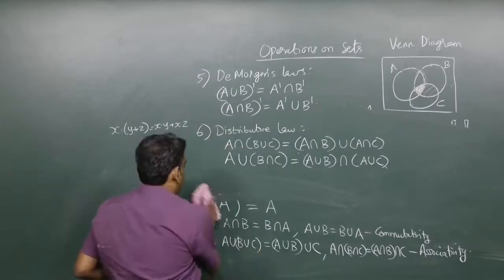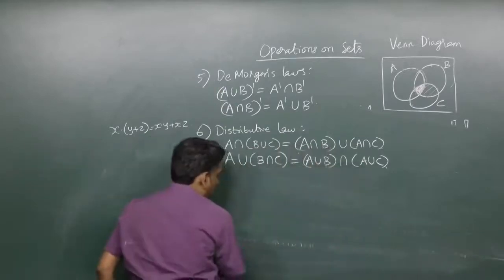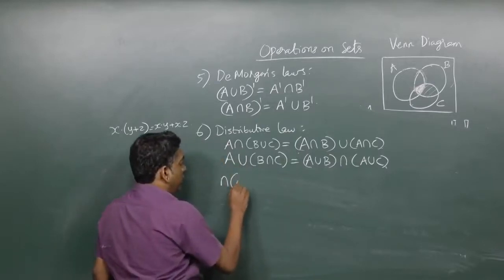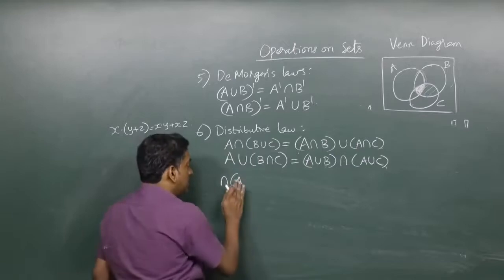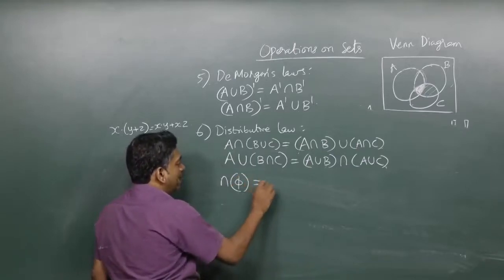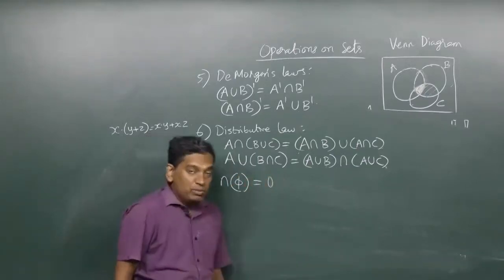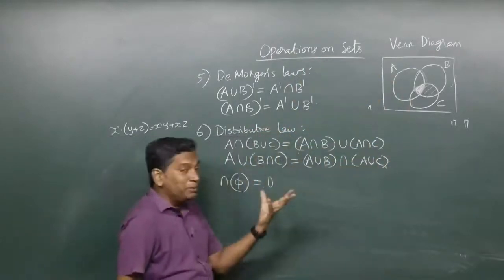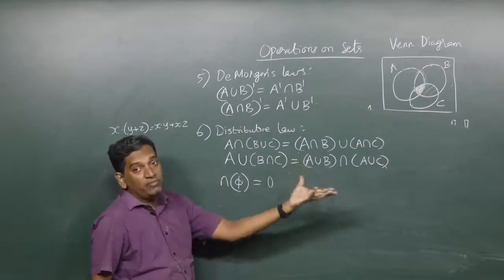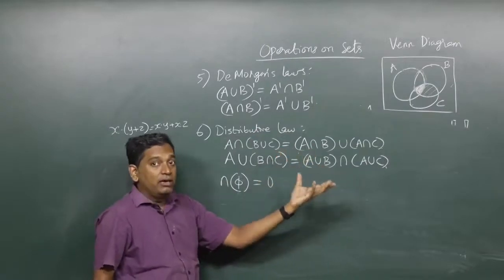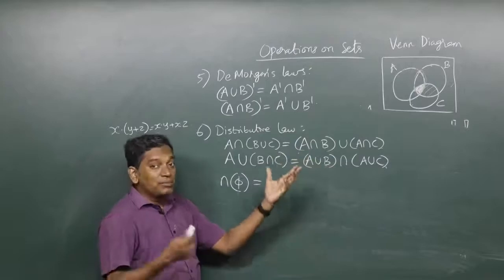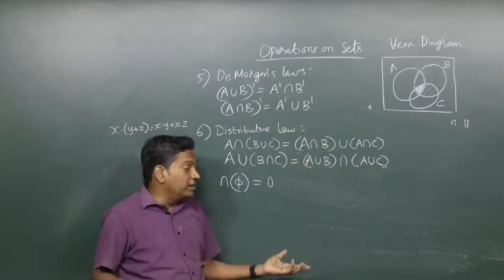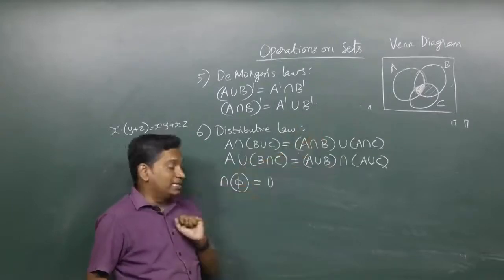Now the next idea is, we have already defined something called n of A. So we have said n of A is the number of elements in a set. Now let's say, what is n of phi? N of phi will be 0. N of u, on the other hand, the universal set, will depend on the particular context. For letters in an alphabet, it will be 26. For months in a year, it will be 12. For some other situation, if the universe is all natural numbers, it could be infinity. So it depends on the particular context.